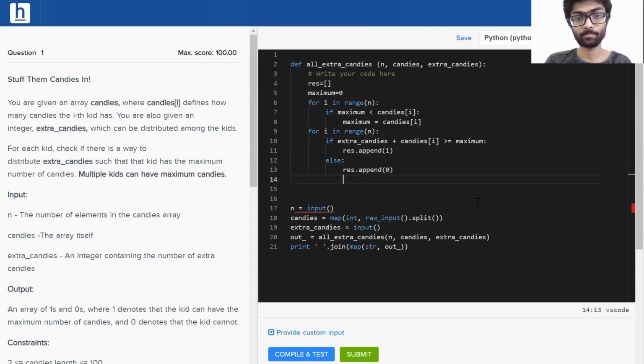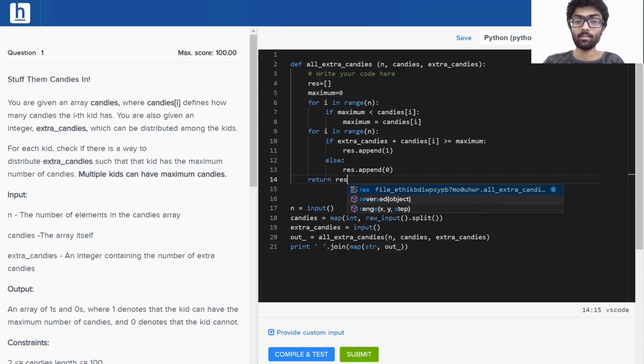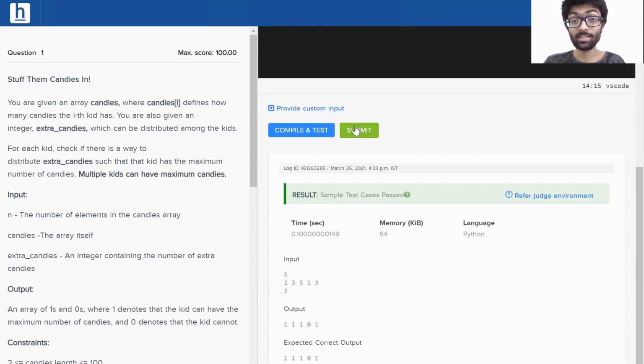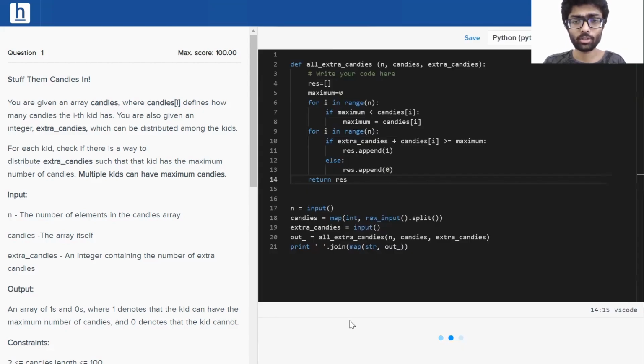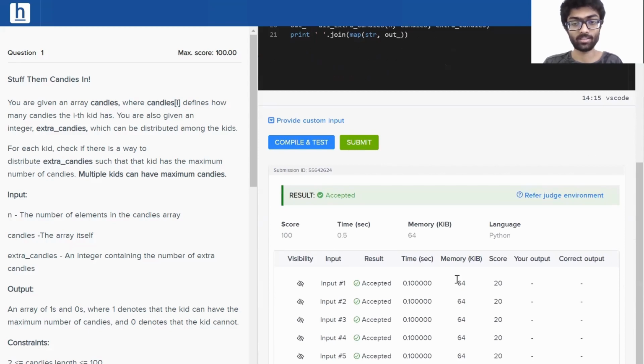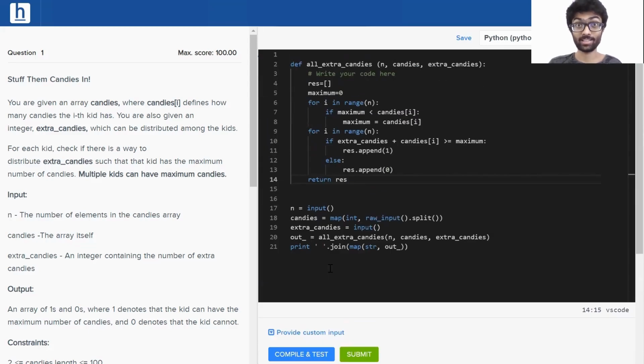Finally, we return our result. Let's compile and test this. It works. Now the submission test has yielded good results. Every single test case has been passed, and that's how you solve the problem.